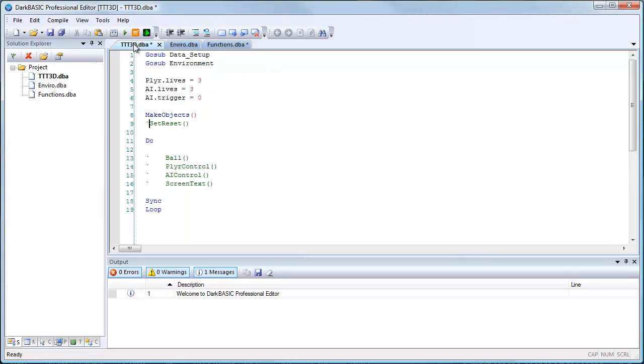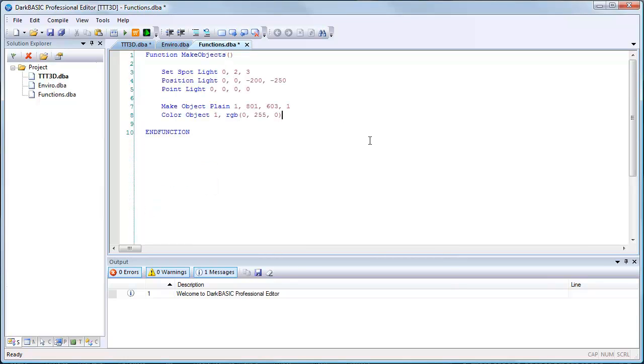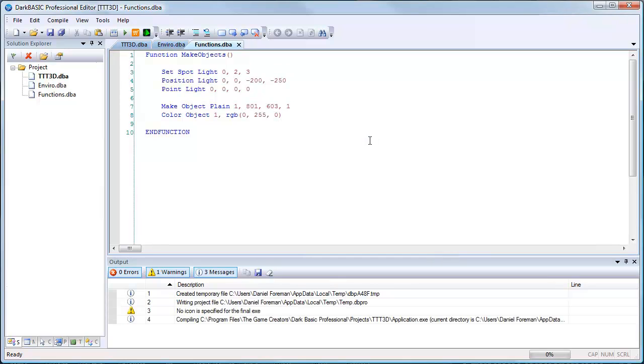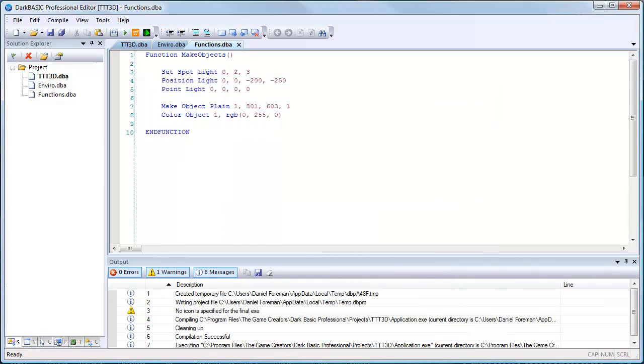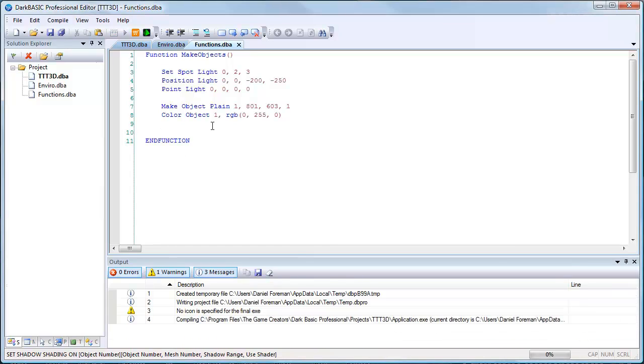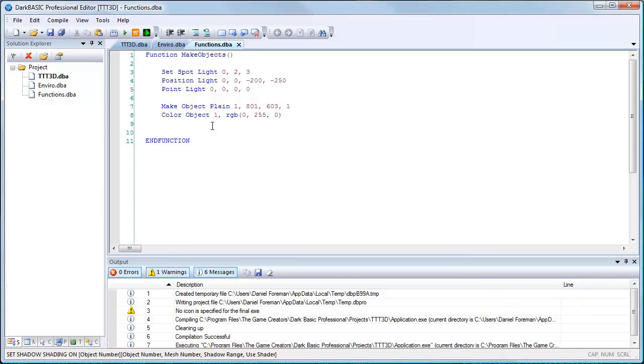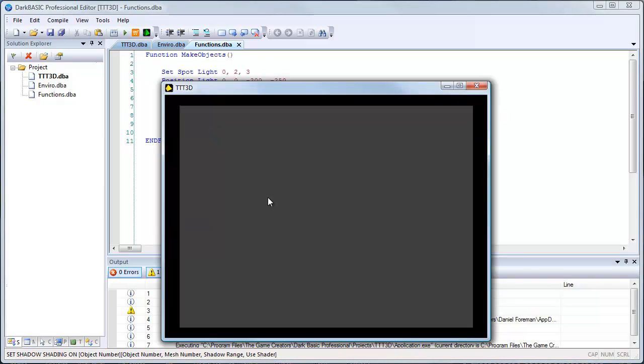Now, because we've basically enabled the make objects, which is now blue, you'll notice, rather than grey or black, we can test our scene at any time simply by compiling the program to see if we're getting the desired result. So if we press F5, as you can see, we now have a nice plane in the middle of our screen that should be green. So basically we have, if I compile that again to show you, sorry about the delay. So basically we have a big, grey square,